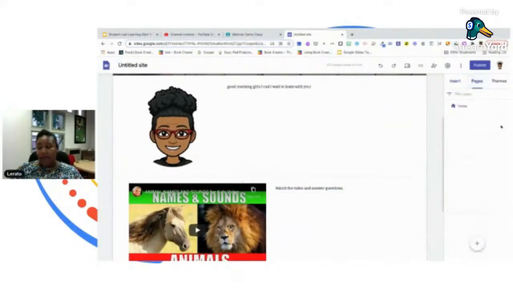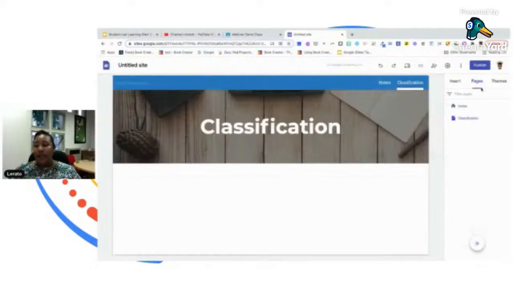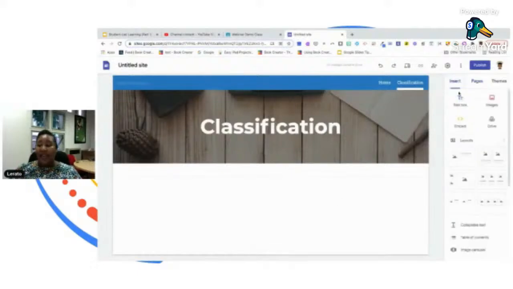So to insert another page, I go to the pages, and at the bottom I press the plus, add a new page. My next page is going to be classifications. I want to do some animal classification, and I am happy with it. And on the next page again, I can get going, and I want to scroll down and add a Google Doc. Find a Google Doc on one platform. You are creating a whole category of work. You are creating continuous assessments. You are creating continuous interaction with the kids. And if I find something, I would obviously